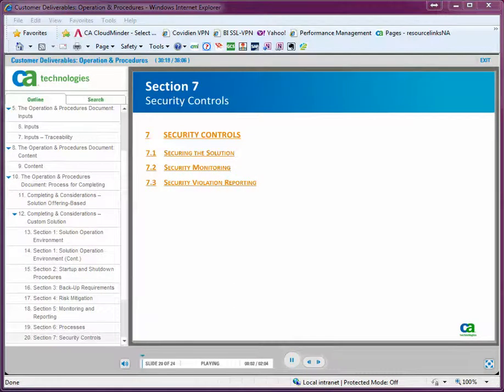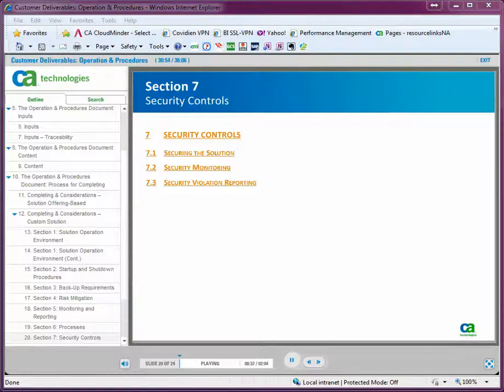Section 7 in the document is where we touch on anything to do with security controls: what's required regarding securing the solution, identifying the controls that are necessary to secure the solution. If the solution has internal security controls, document the usage definitions and access methods for those controls. And when external security controls are utilized, identify the components that need to be secured and how, user access methods